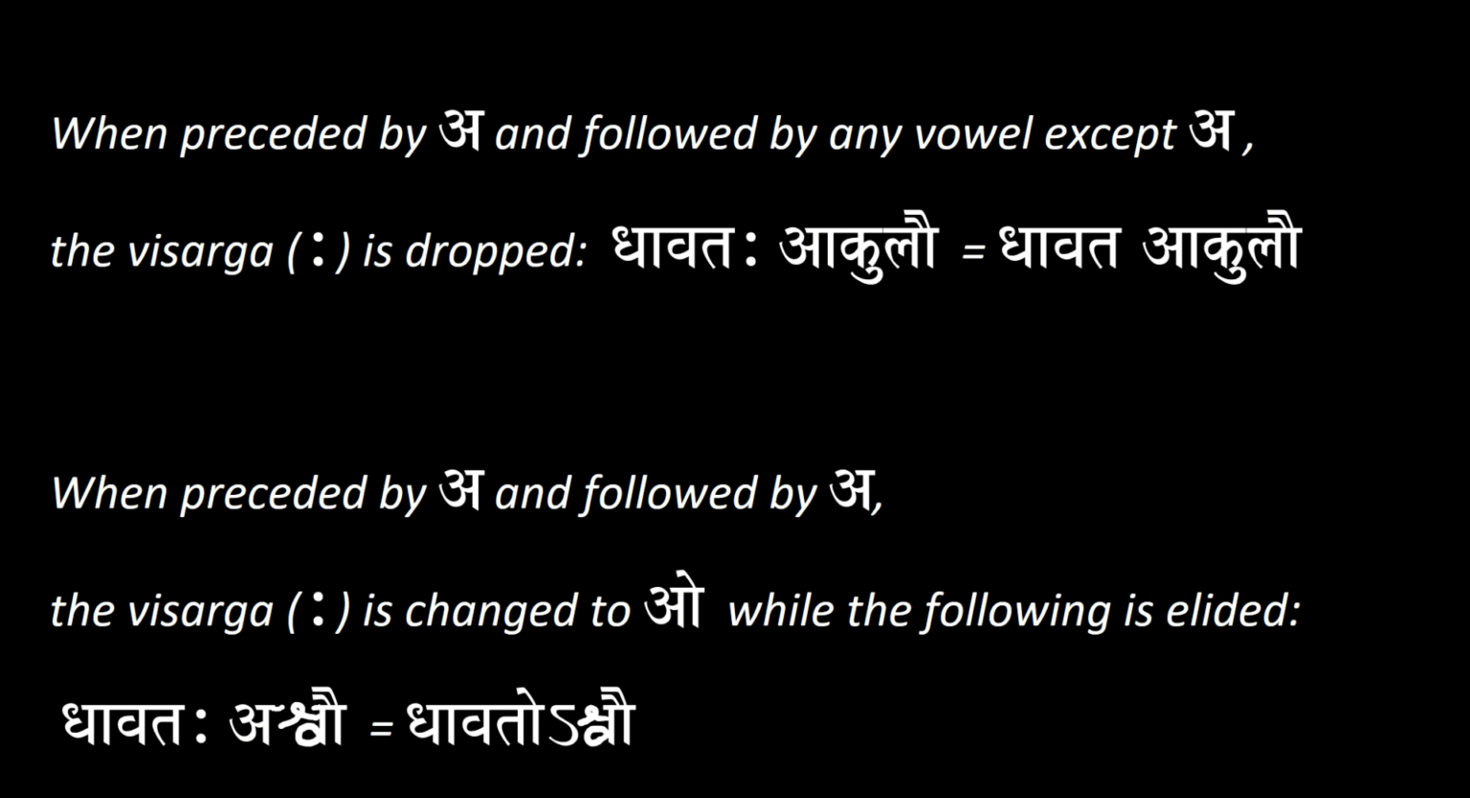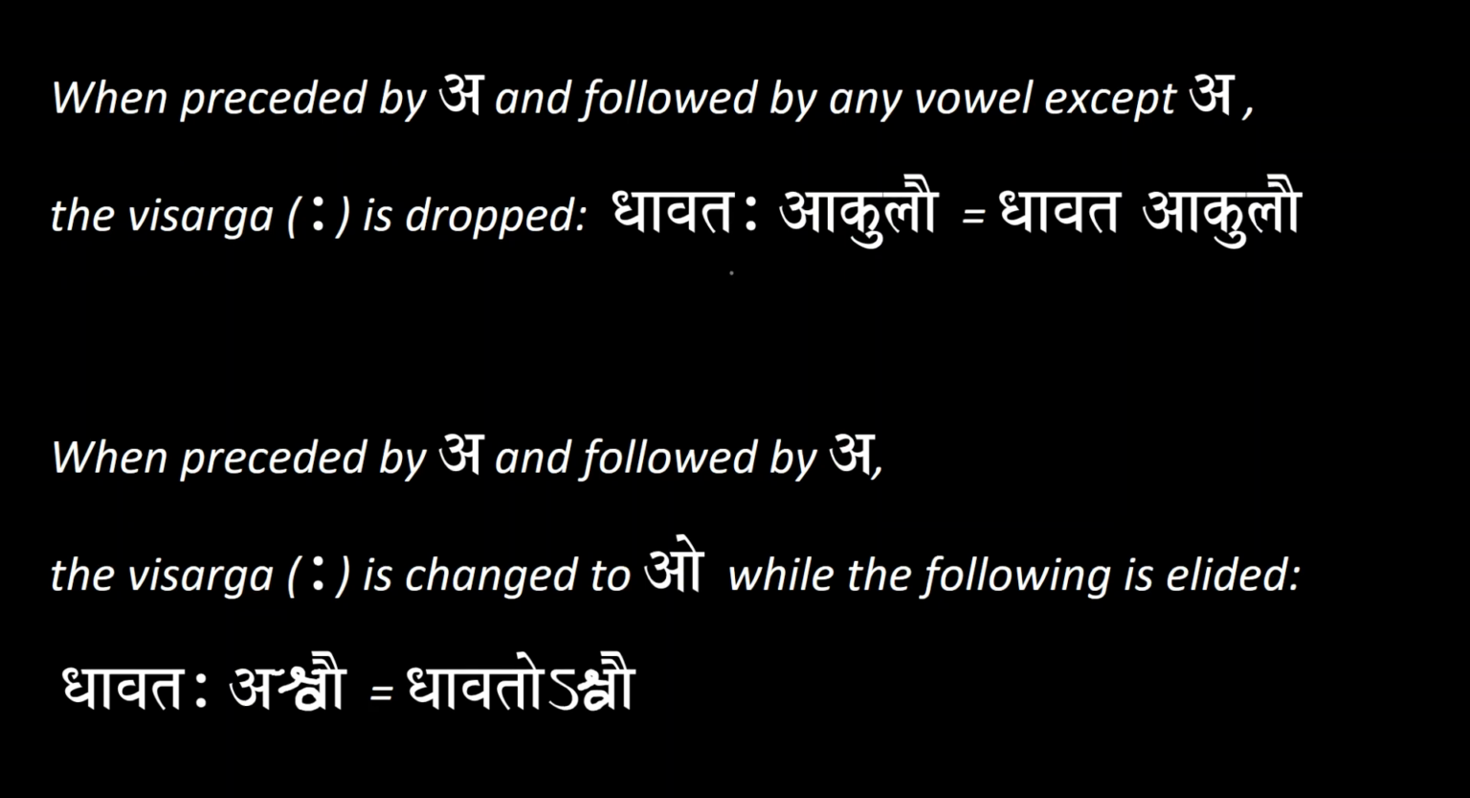So dhavataha akulau becomes dhavata akulau, because here we have the A in dhavata, and then any vowel except A, which is the a in akulau. So the vowel is not A, so that's why this Visarga you don't need anymore, so it's dropped. So that's why it becomes dhavata akulau on the other side of this equal sign. Okay,